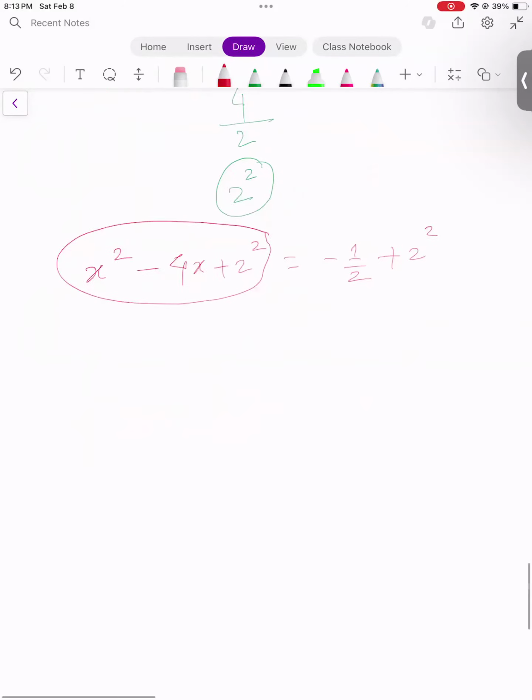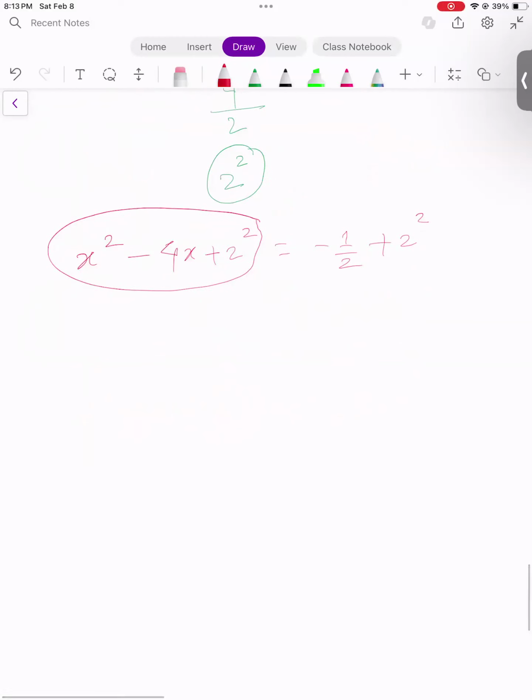We write these three terms as a square of a binomial. So you take the x for the first term in your binomial. You take 2 from the last perfect square term, and the sign would be the sign of the middle term, which is negative,